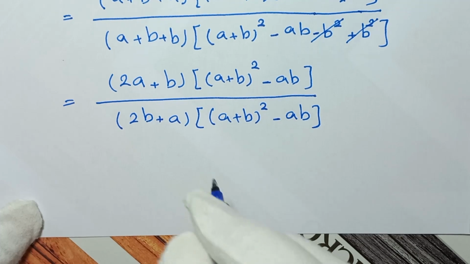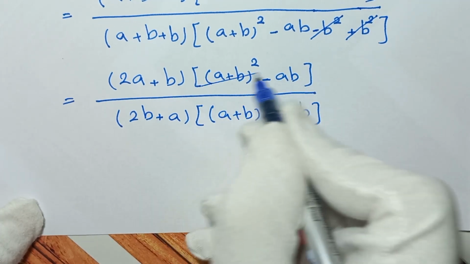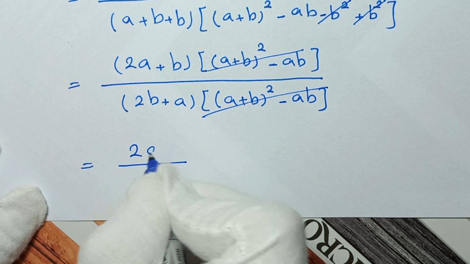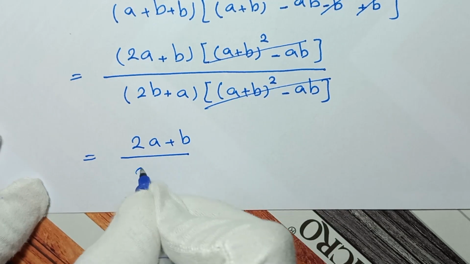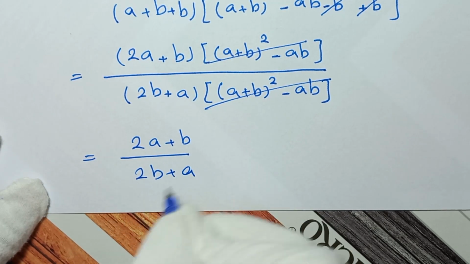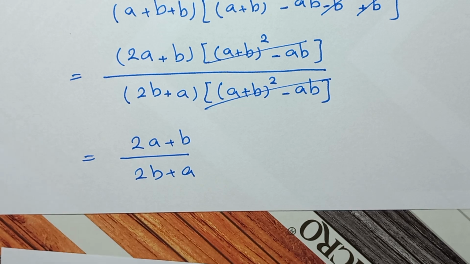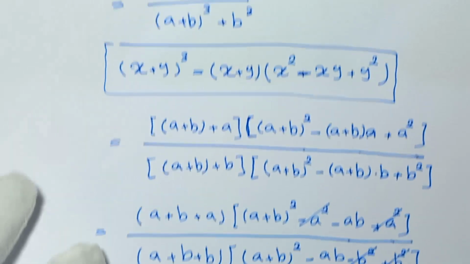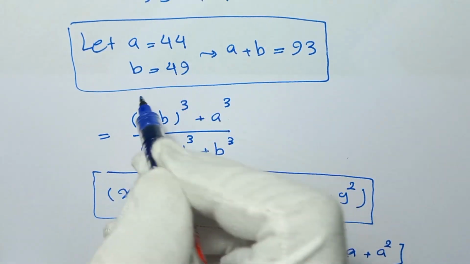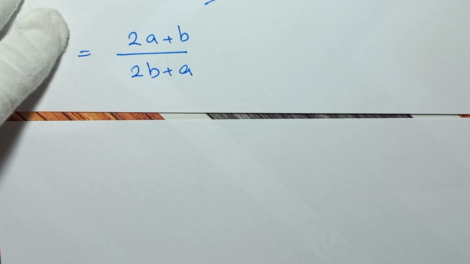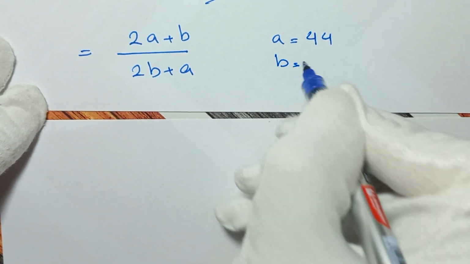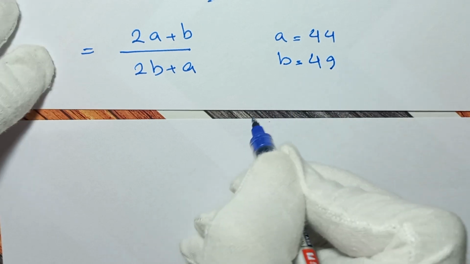So, in here, this will cancel this, and we have 2a plus b over 2b plus a. So, in the next step, we put back a and b in here. A is 44 and b is 49. So we write a is equal to 44 and b is 49, and it will be